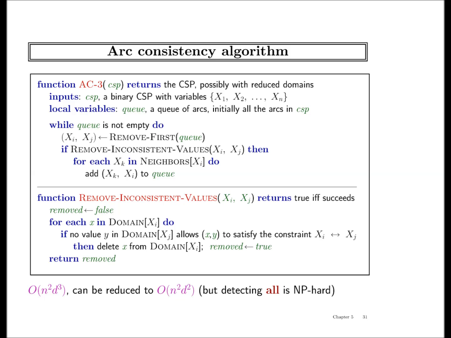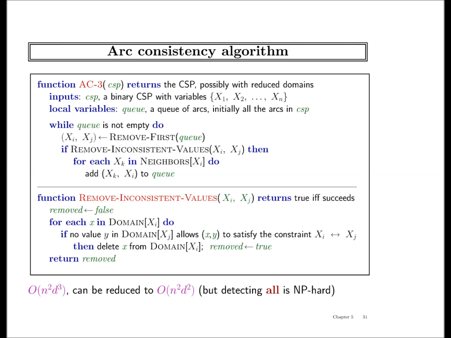If you are using C, then you can call it C d cube. It's also called E d cube, where E is the number of edges. Often when you read the CSP literature, they will say that the complexity of arc consistency is E d cube, and then it can be implemented faster as E d squared. So you are right, you're using the fact that a completely connected graph will have n squared edges. So in the worst case, n squared. I was just not getting too much into that, but you're right. You can call it E d.